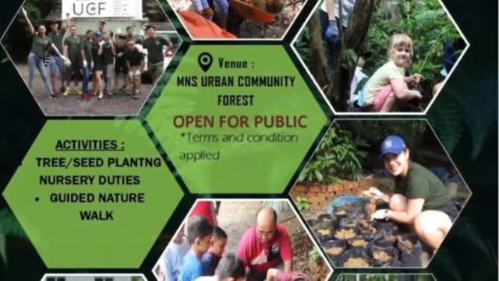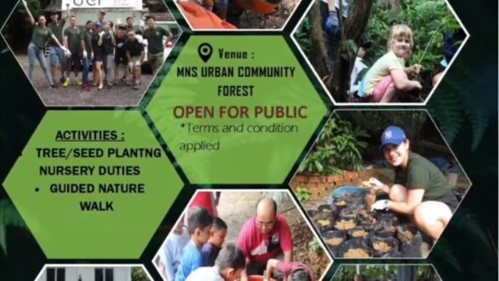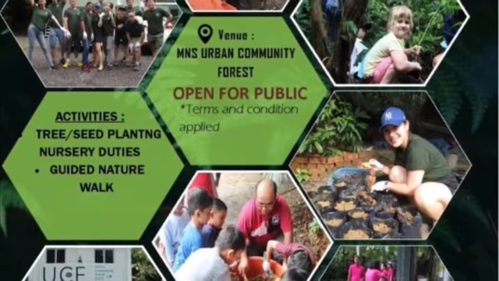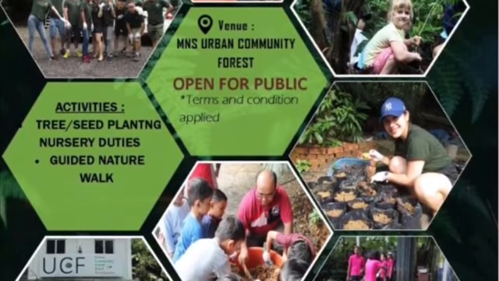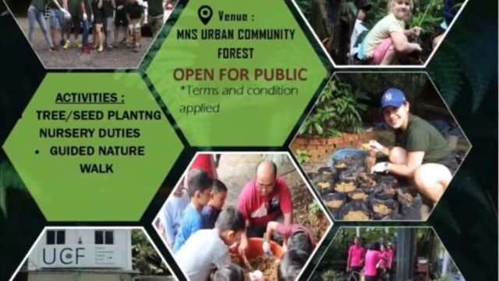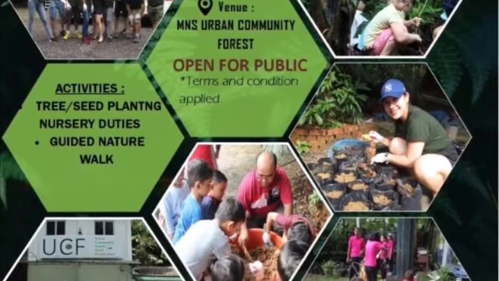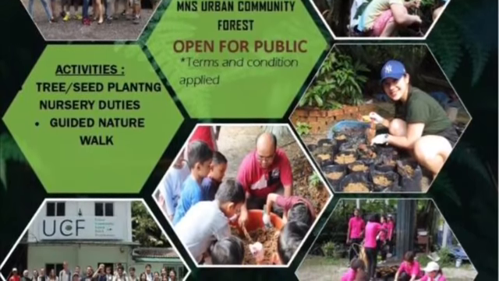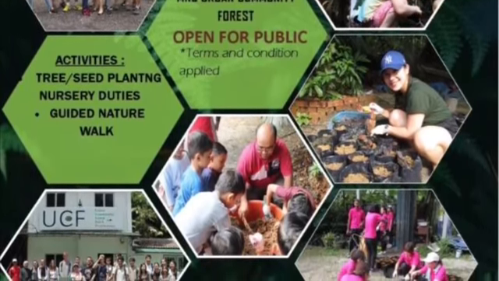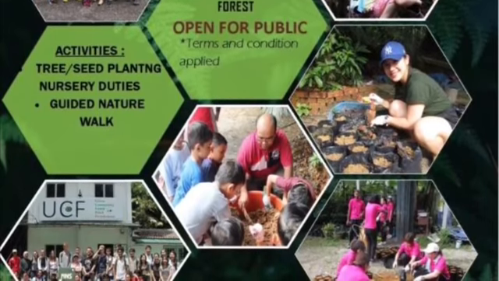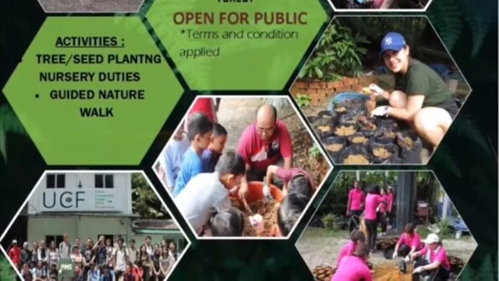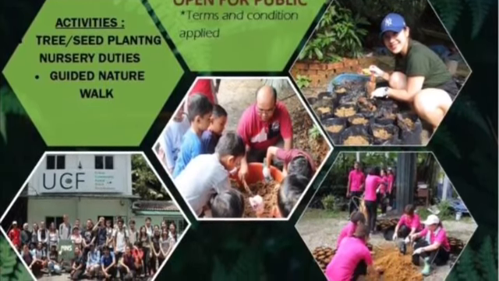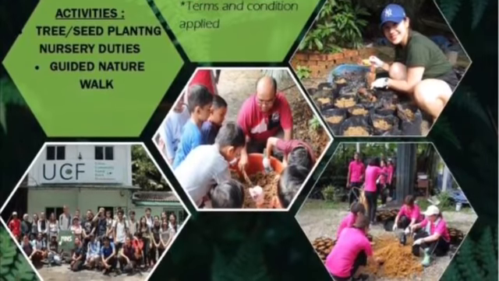Next, UCF also opened volunteering for the Malaysian Nature Society UCF Nursery. There are many activities for volunteers if they join the society. Firstly, planting seedlings at the nursery. Second, tree enrichment activities. Third, trail maintenance. And the last one is strengthening stream banks. With this, our forest for the community can be maintained and protected. It can also give benefit to the entire human population as well.